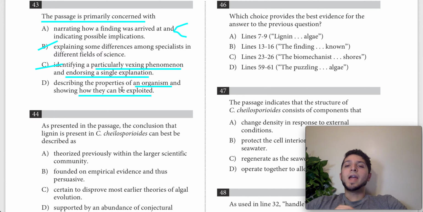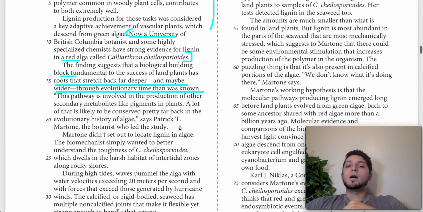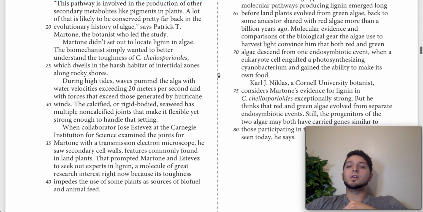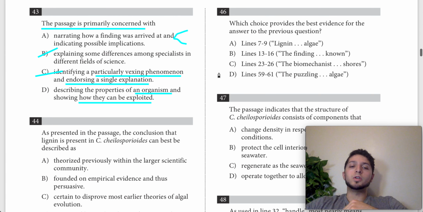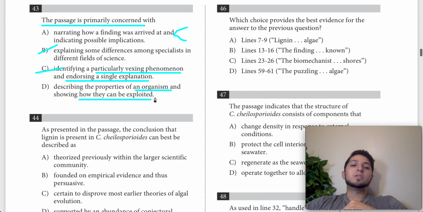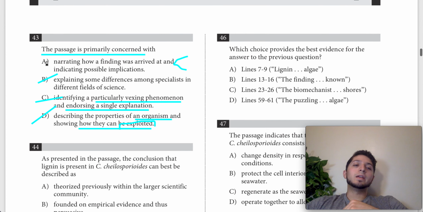And that's not really what happens. We can do that by scanning back through the text, or just by going by memory to notice, hey, do they talk about any sort of commercial uses for lignin? And we should find that they don't really. So for that reason, we can get rid of D, which is going to leave us with answer choice A,